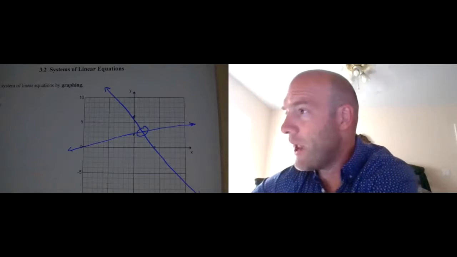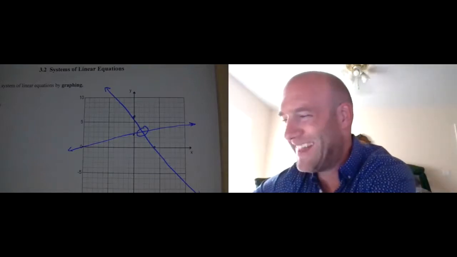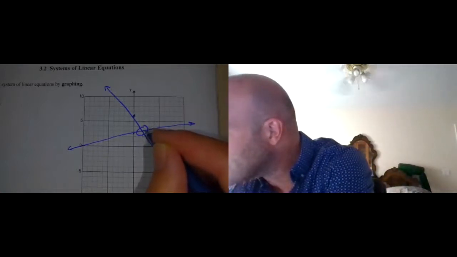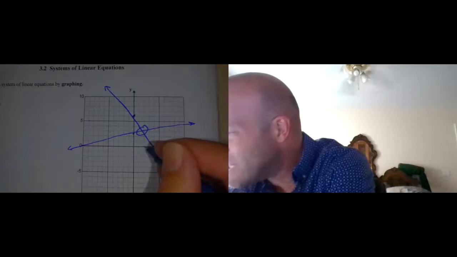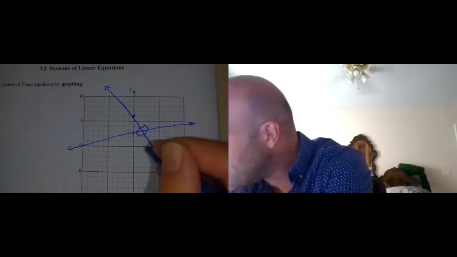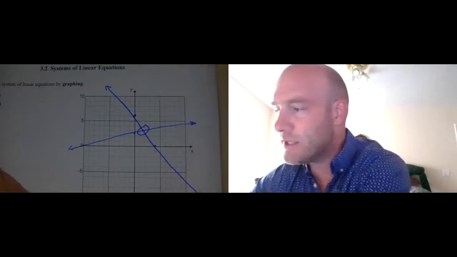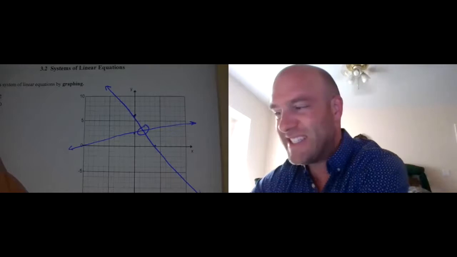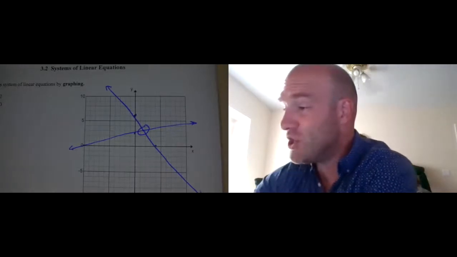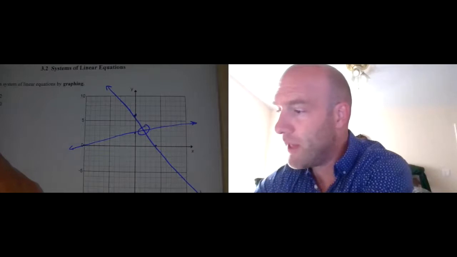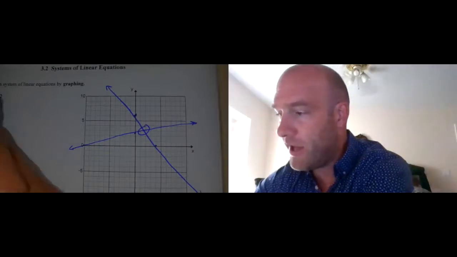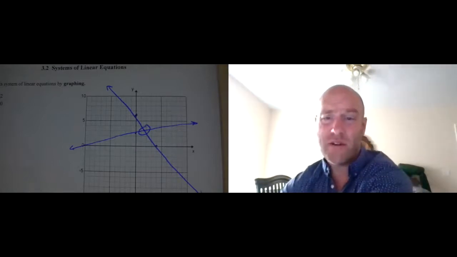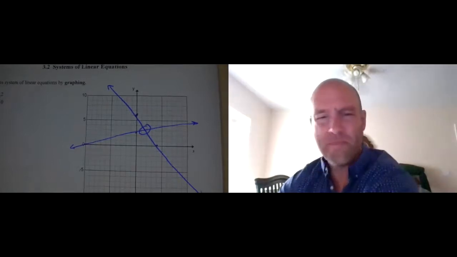Admittedly, if I had done it with a ruler, it would come out a little bit on the nicer side, knowing that presumably they meant us to get an actual integer answer here. It's probably 2, 4. Let's just see. If I plug in a 2 and a 4, we get a 6 and a, now maybe 2, 3, 2, 3. That seems like it will work. And it seems like it would work there. Okay. So again, good enough if you know that the answer you're looking for is a series of integers, but